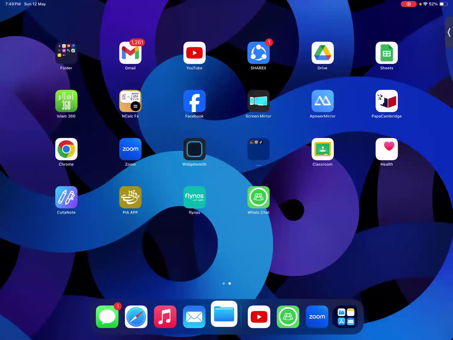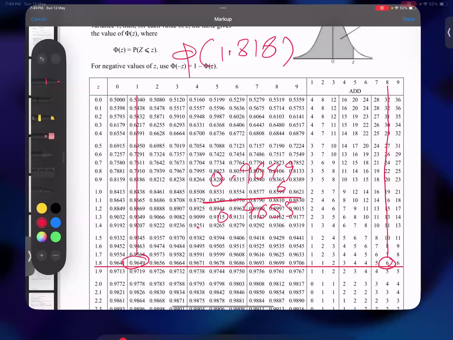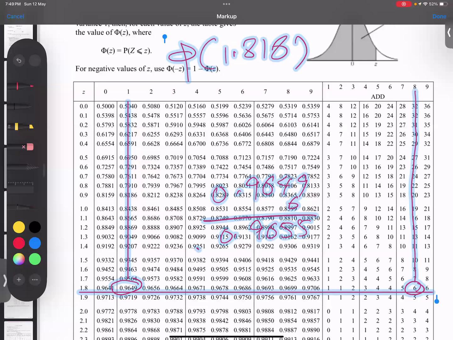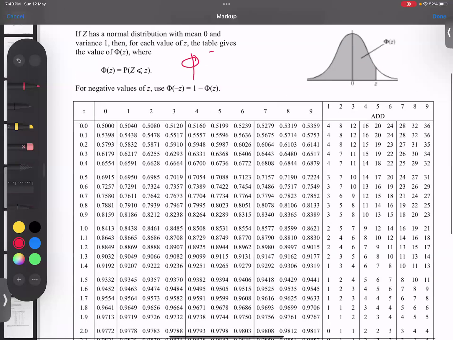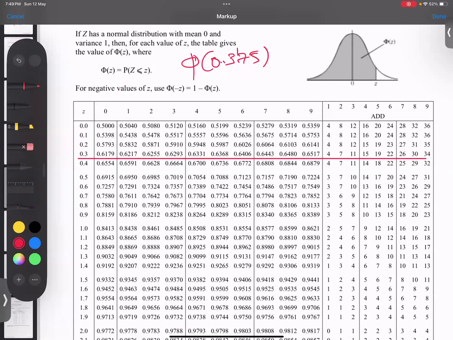And now I will go to the table. Have a look here. What I'm looking for, students, let me check again what number I was looking for. 0.375. It is coming from here; we have to concentrate. So 0.3 comes from here, 7 comes from here. Go down, note down the number, and 5 is here. Go down, note down the number, and